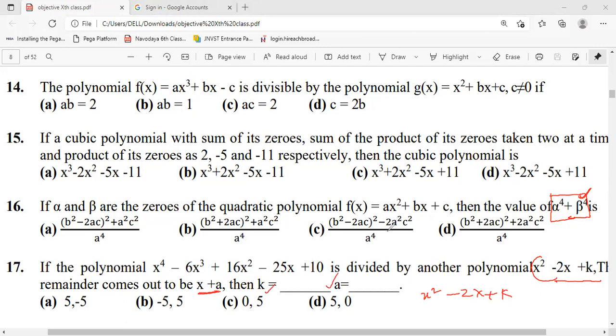If you do the actual procedure, you have to take 5 to 10 minutes. But if you do it the shortcut way, it will take 2 minutes. Even 2 minutes is very long for objective type questions. If you understand, okay, or else leave this type of problem. Now I will explain the 17th one.